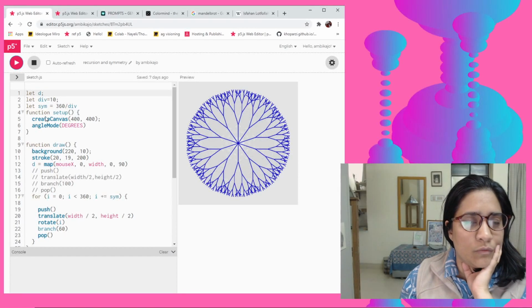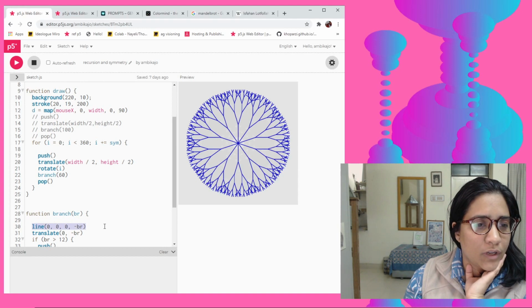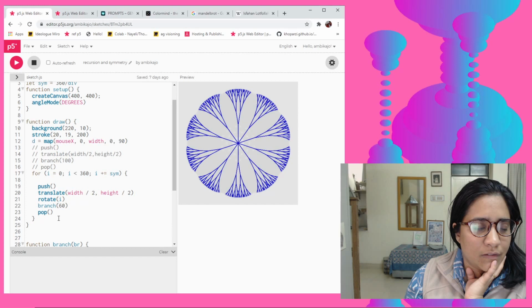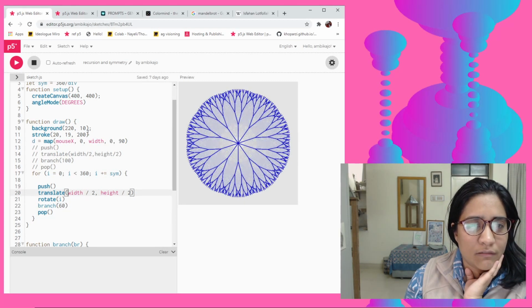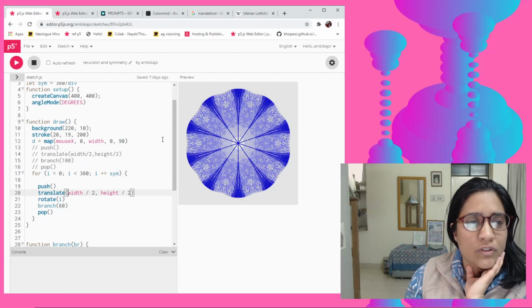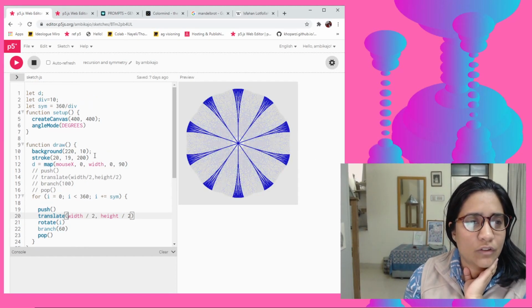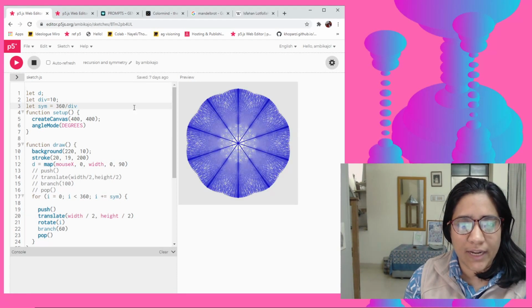So you guys recall that we used a function in which we put a line, and then we repeated the same function within itself, but we made it a bit smaller. And then we used a rotate and did it a number of times, so we used recursion and symmetry, rotational symmetry both. The rotational symmetry is based on, for example, here I've done it with 10 divisions.